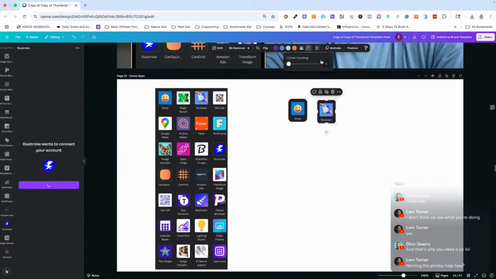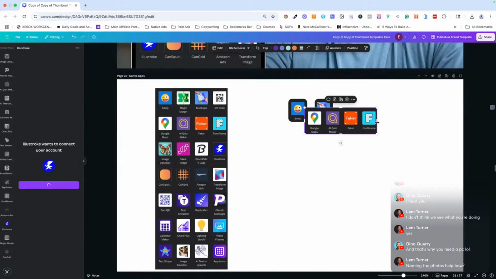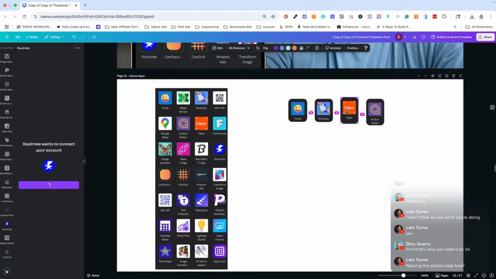All right, 14. Let's try to make all of these 14 corners. All right, and I can just do that with all of the ones I want to actually use. Won't be perfect, but